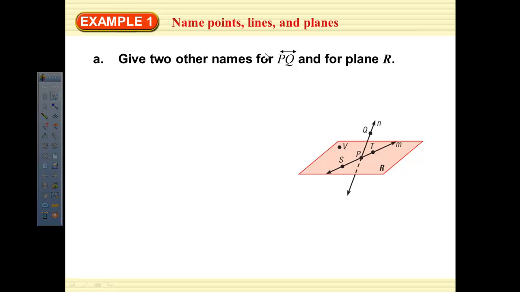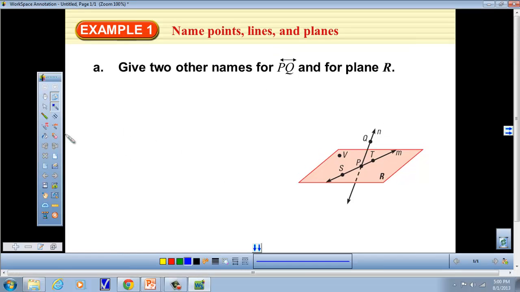Hi there. In this example, we're going to be naming points, lines, and planes. The first part of this example asks us to give two other names for line PQ and for plane R. So if we look at line PQ